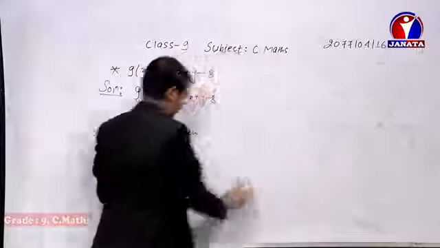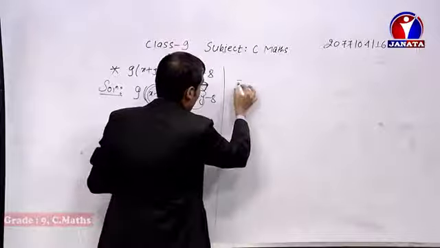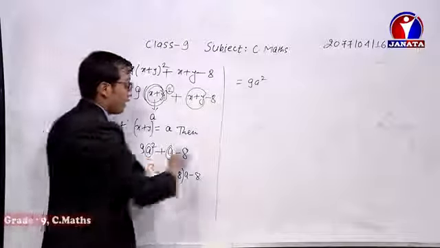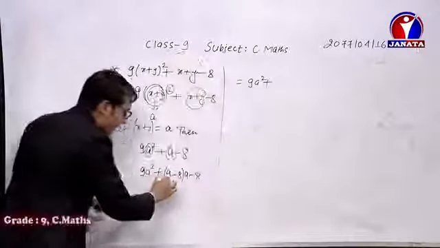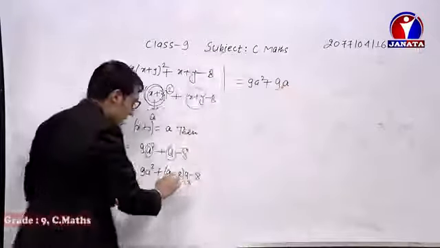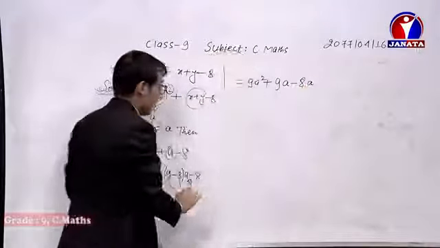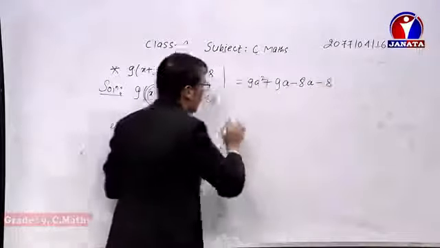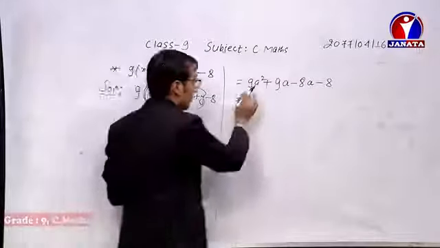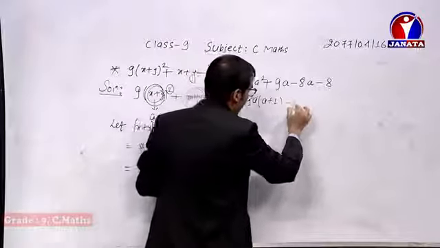This is equal to 9a square as it is plus, let's open bracket, plus what is 9 times a? 9a. What is 8 times a? Minus 8a, minus 8. What is common from first two terms? 9a, so a plus 1 minus 8 is common,